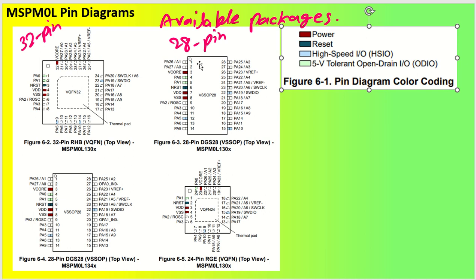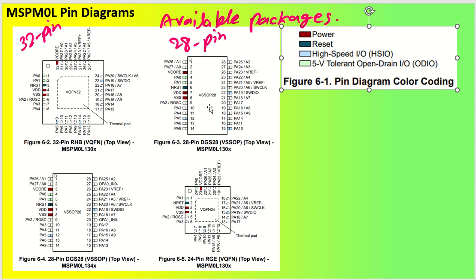The red pins are actually the power pins, so these two are red pins, and this V core is also a red pin, so you can see they are power pins. The reset pin is coded in blue color, so that NRST is the reset pin. We have high speed IOs which are coded directly, so you don't have to go into the data sheet and see it. You can directly see that PA19 is a high speed pin, as well as PA5 and PA10. Okay, so the light blue color has high speed capacities. Now the green color is going to have 5 volt tolerance, which you can see PA0 and PA1 are high volt tolerant. All right, so this is what the complete understanding is, and the rest of the pins are normal GPIOs.